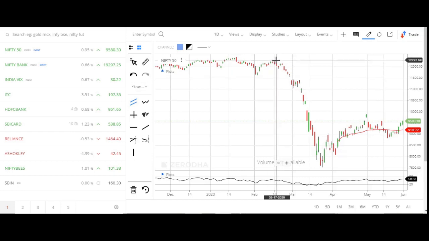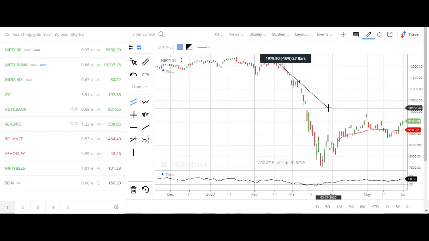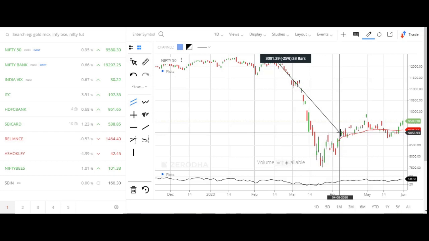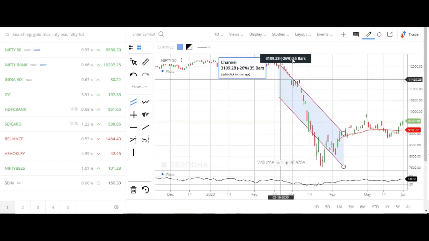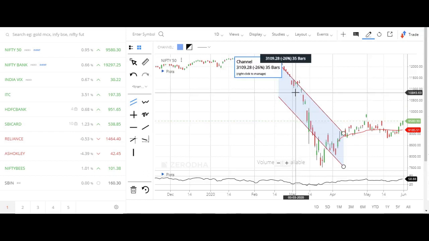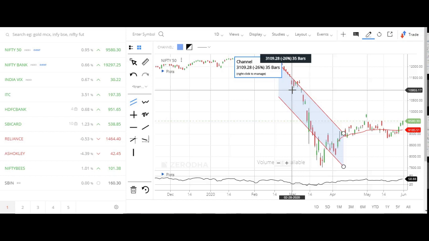One more thing they have developed: if you draw a line from one point to another, it shows how many bars we have selected. At the top you can see the line we have chosen is a down move of 26%, which is 3109.28 points, and we have chosen 35 bars, which means the 1 day candle.